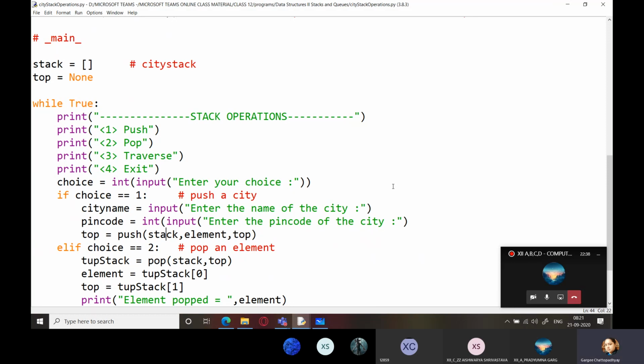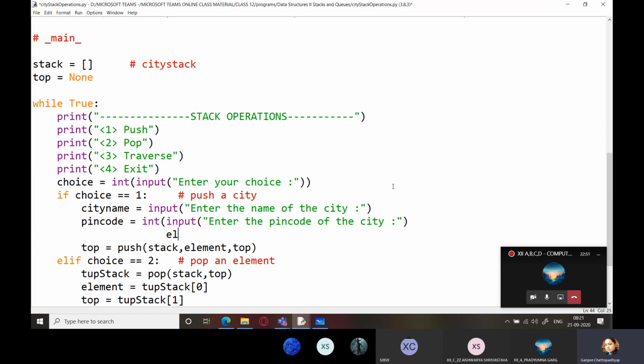So let's take this top push. Okay. So in push, I'm going to send stack. I'm going to send element. So I'm going to write element like this. I forgot to give a bracket. The city I'll write.